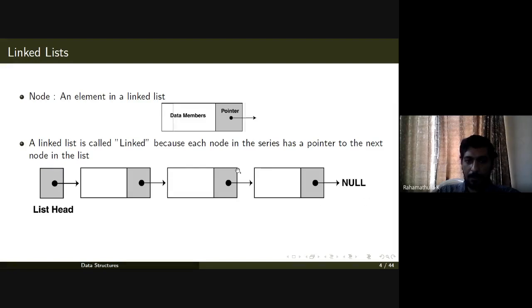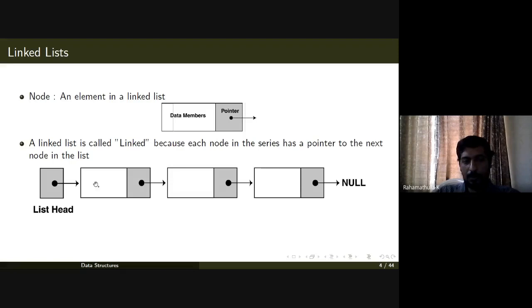A linked list is called a link because it is a series of pointers. You will have an initial pointer which points to the first node, which may be the name of your linked list, for example linked list one, or head one, or list one. This can be used as a name for your linked list, maybe the student list.